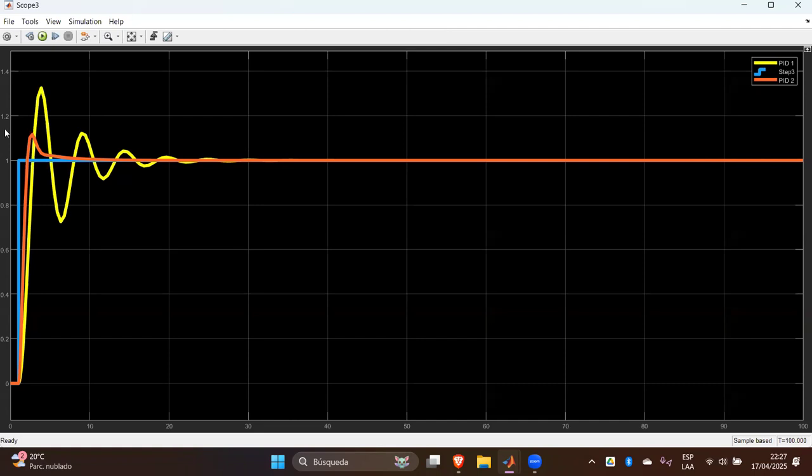But here you can see that we are increasing a little bit the oscillations. At least for the first controller, since I don't have a very high derivative gain, the oscillations are a little bit bigger compared to the red one. So that is an effect of the integral action, that you can reduce the error between the reference and the response of the system over time,